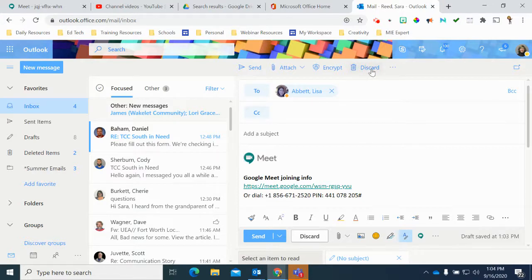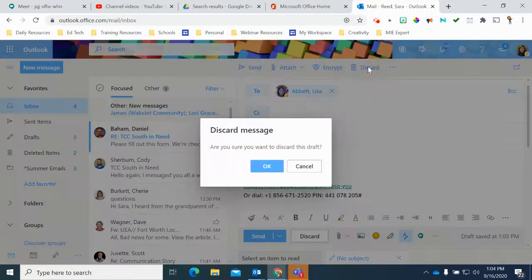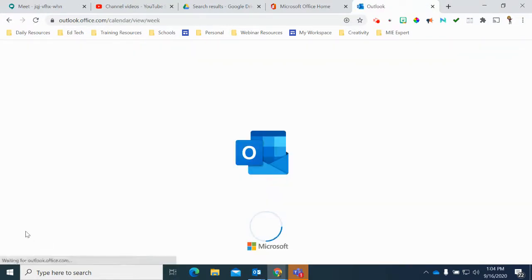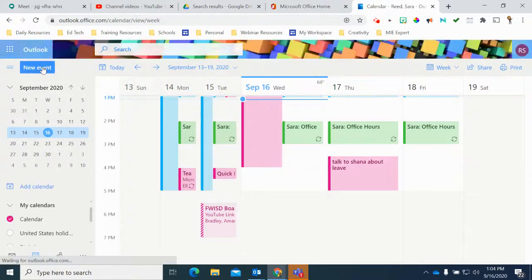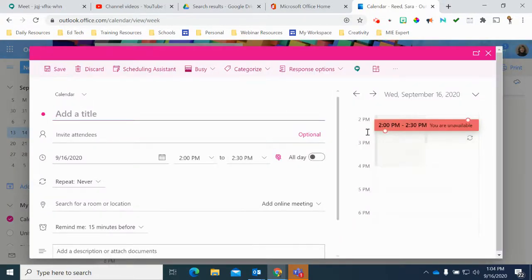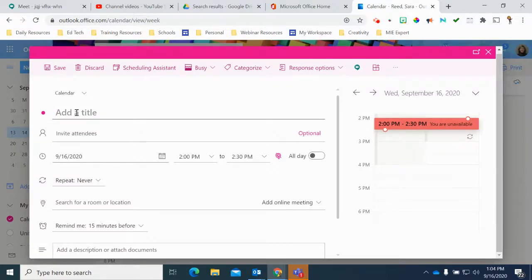Now, if I want to schedule this, I will need to do this through my calendar. So if I come back over to my calendar option, I go to New Event. When I'm inside New Event, I add my title, I add everything, and then I'm going to choose Add an Online Meeting. When I drop down,